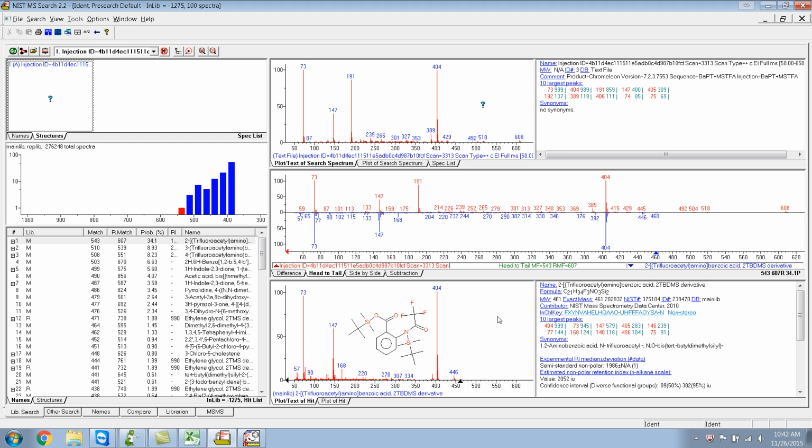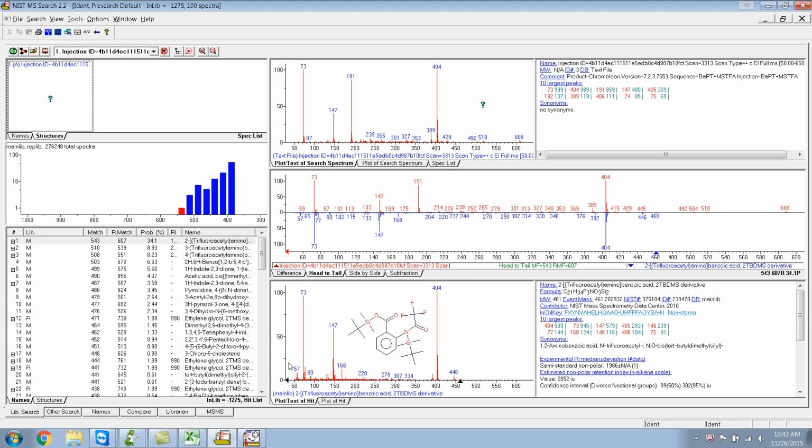and as soon as you do that, it opens the NIST MSSEARCH program, which is a very popular program, and I guess many of you must have it, and many of you must have used it at some point of time. So it gives the same match results. This is not the compound that we are looking for. So the way you would add this particular compound